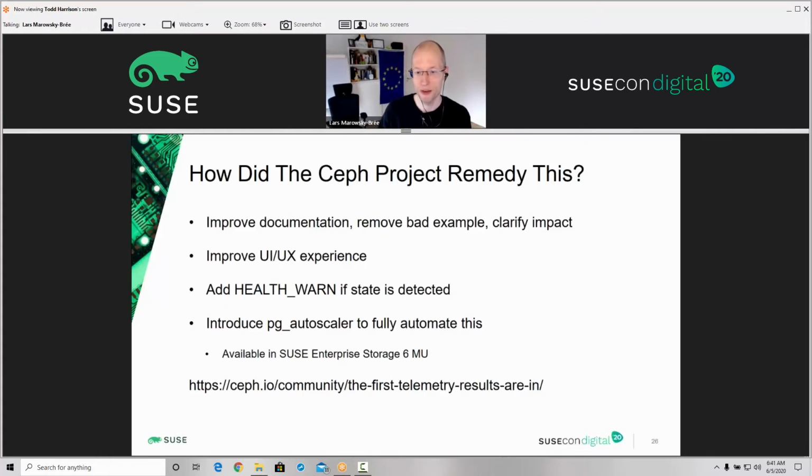So we have made the documentation clearer. We have this now in the user interface. It will actually warn when such a number is configured, both on the command line and in the graphical user interface. If we detect such a state, we'll throw a warning. And what's actually more interesting, we are fully automating this with a PG autoscaler module,